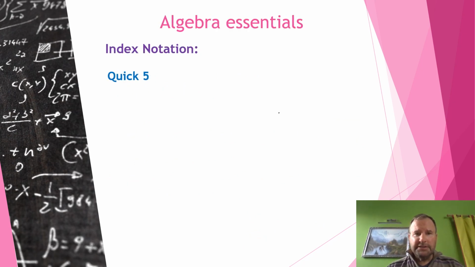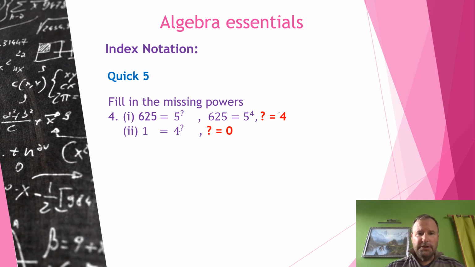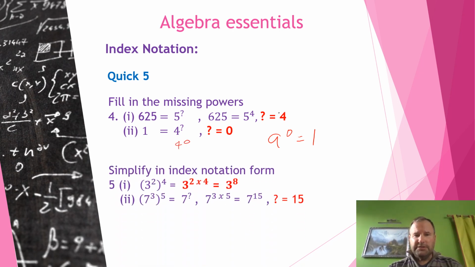Here are the final answers on the quick 5. Question 4, part 1. The question mark equals 4, so 625 equals 5 to the power of 4. We multiply that out, 5 times 5 times 5 times 5. This one here, remember the rule again pops up. a to the 0 equals 1. In this case, 1 equals 4 to the 0. And the last question,